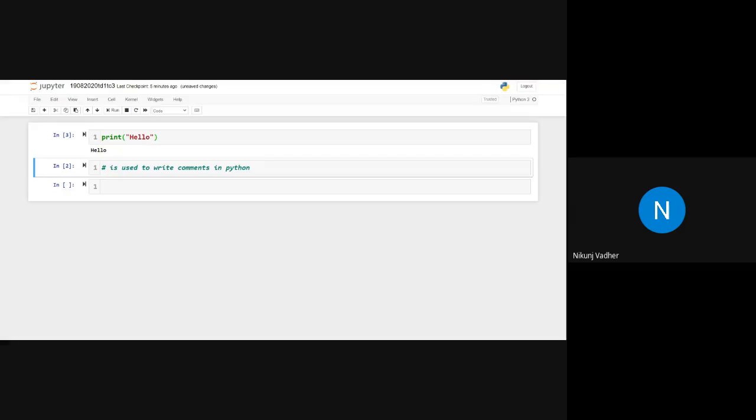Now, let me tell you another feature of Python. Here in Python, semicolon is optional. Semicolon is not mandatory. If you omit it, then it will not show you any error. Okay, another thing,